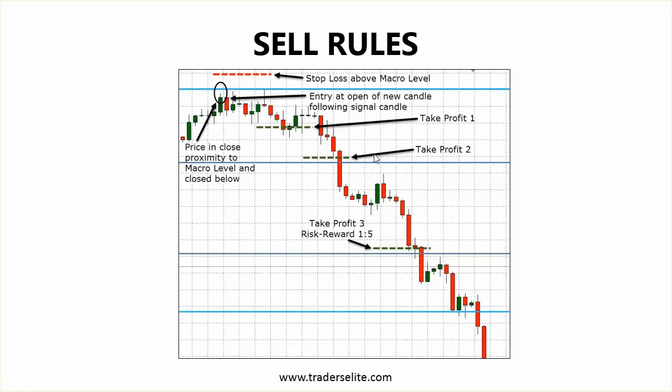Take profit 2 is just prior, and in this case just above the next macro level. And take profit 3 is set just above the second next macro level. Okay, in this case, a risk reward ratio of 1 to 5. As you can see, it continued to fall down,